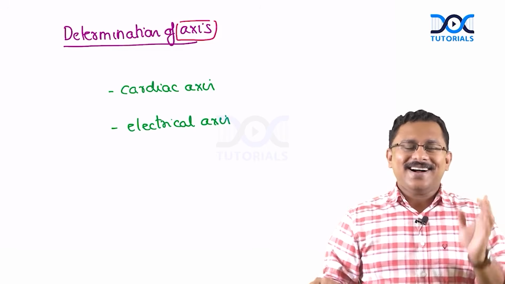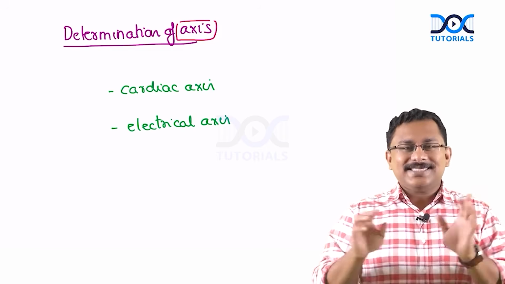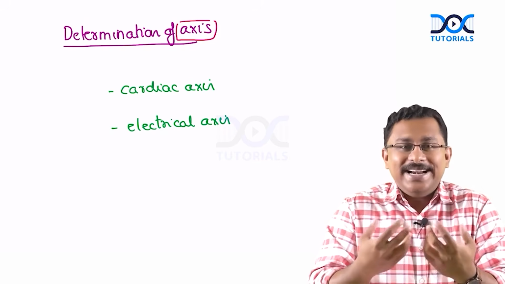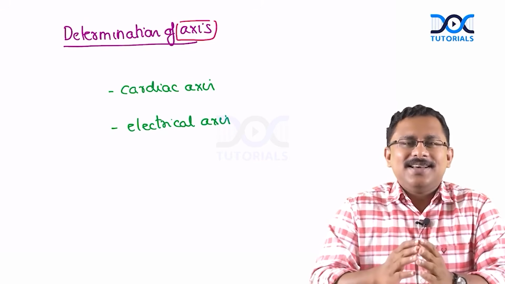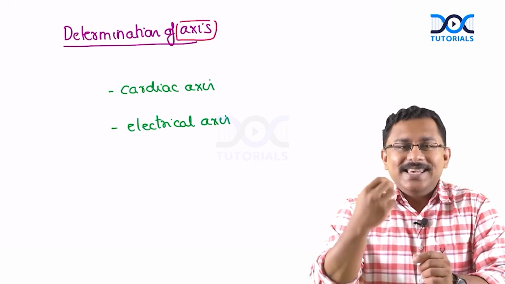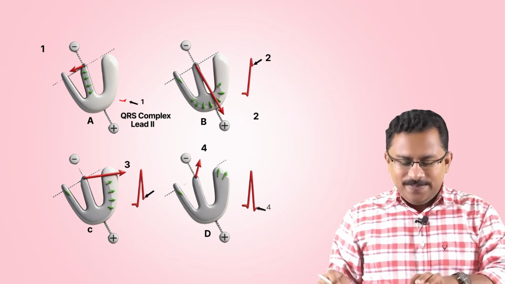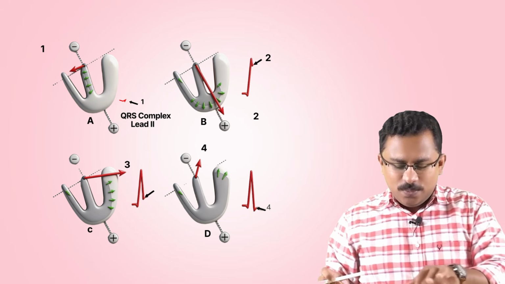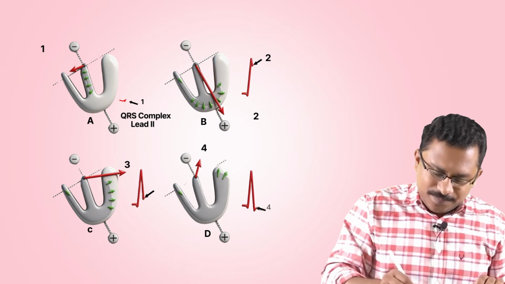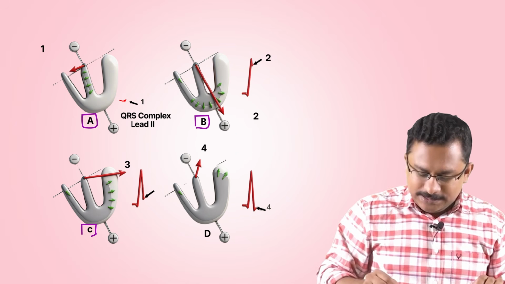You can even call it the cardiac electrical axis. Okay, so these are some of the synonyms. Now, to have a basic idea regarding axis, you have got to have a good understanding about the sequential steps of ventricular depolarization. Okay, so I'm going to take you to 4 images, that is image A, B, C